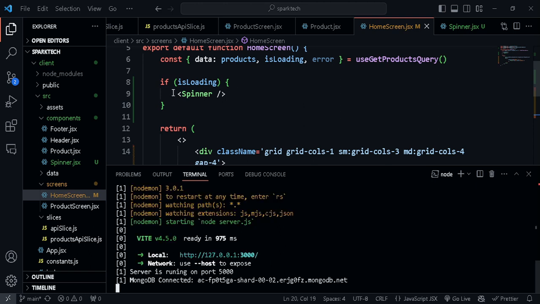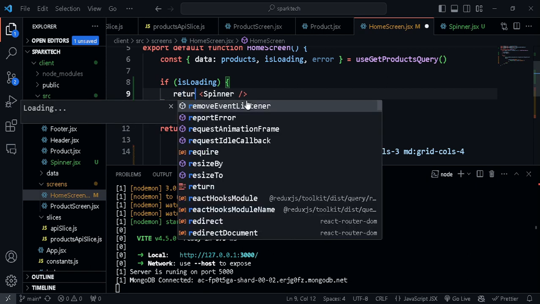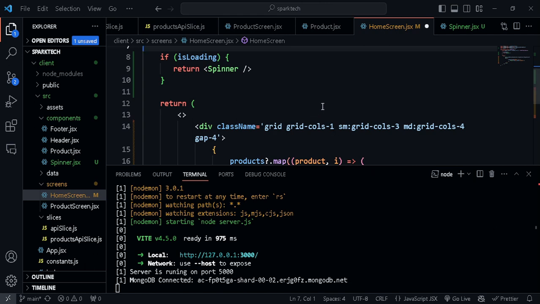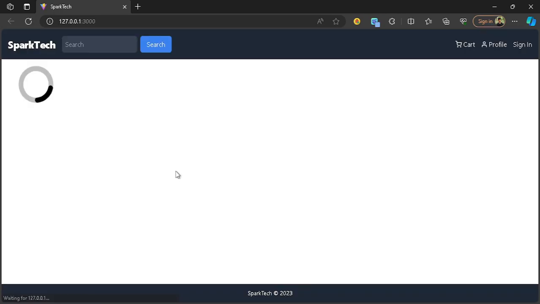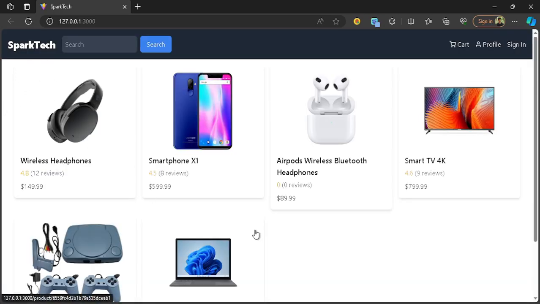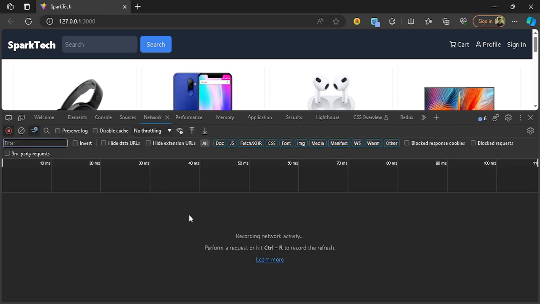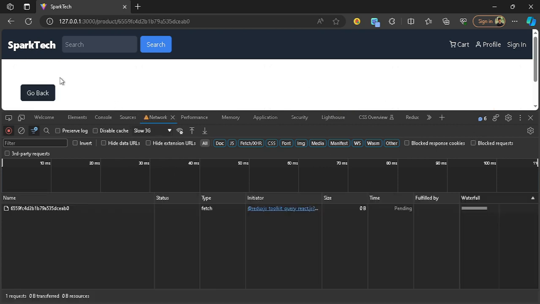So one small correction, we just need to return the spinner. So if it is loading, then it will show the spinner component, else it will go ahead and return the JSX. All right, so let's go ahead and test this. You can see we have the spinner over there for a flash of a second. So let's test this on a slow internet connection. Whenever you want to test the loading state, you can go to the network tab, and then throttle to slow 3G. All right, so now if I refresh this,